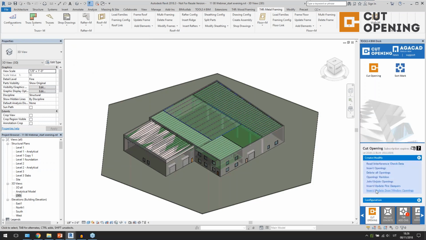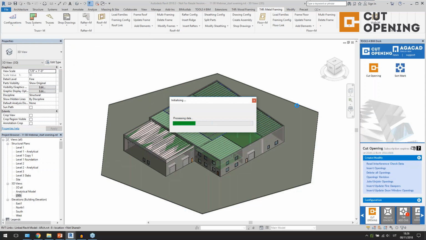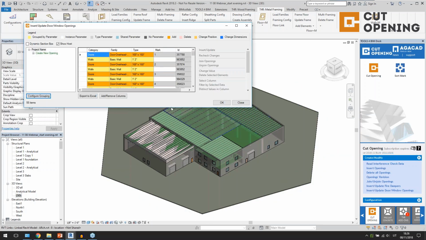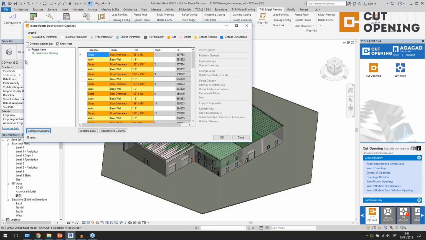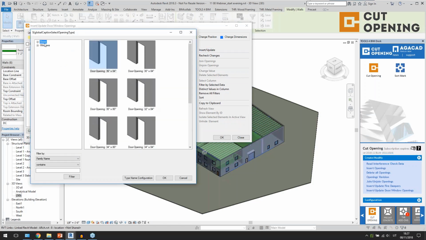So we have some settings, and then we can use this command, insert update for door window openings. When I click on it, it will find windows and doors in the architectural model. So I have them here, right? I have one type of openings and another type of openings. So I will just select all the doors and click on insert update, and then I will